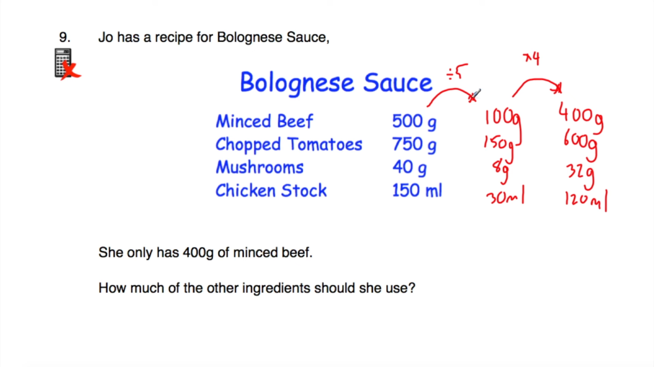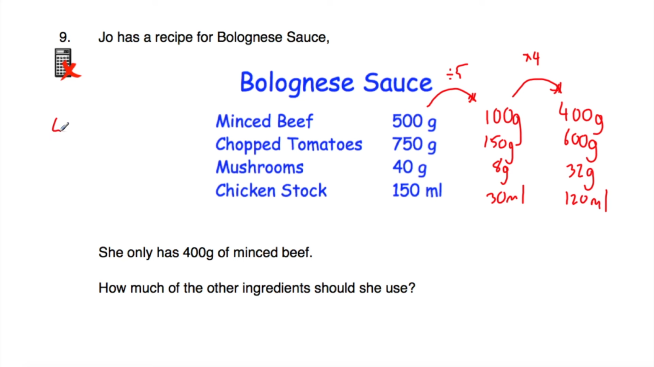Now in this question, the approach that I used was to find out if she had 100 grams of minced beef and then to multiply by 4 to get 400 grams of minced beef. Another approach that we could have used is, here we've got 500 grams. So if she was to do the recipe, she would use 500 grams of minced beef, but she's only got